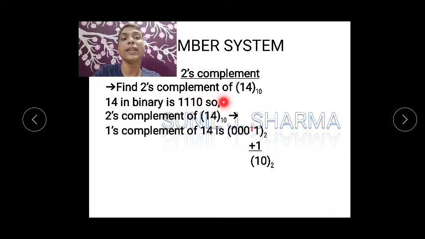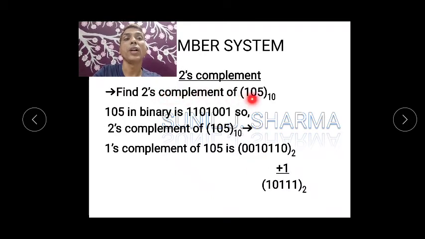Okay, now let's go for 14. So this is binary 14. Before you do 2's complement, first you have to change it to 1's complement. So 1's complement will be replace 0 by 1 and 1 by 0. Now can you see, this is 1 plus 1 is 0, carry 1. Whatever is written in red color, that is a carry, and you got the output this.